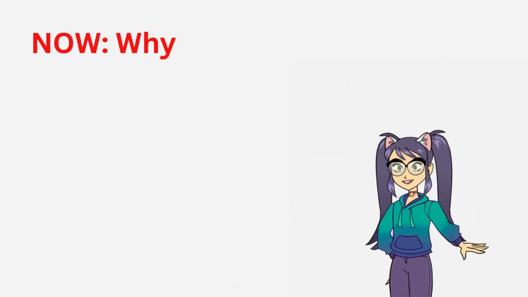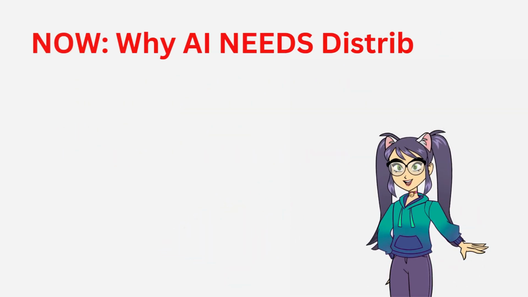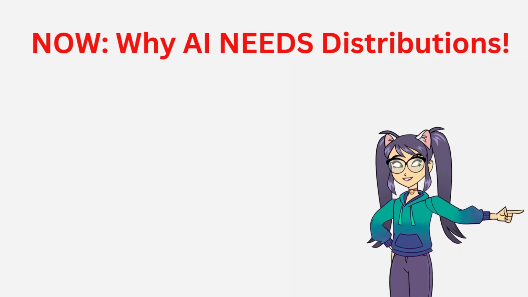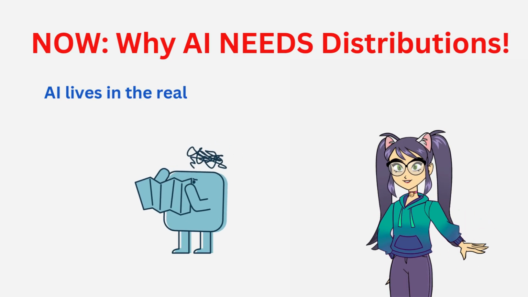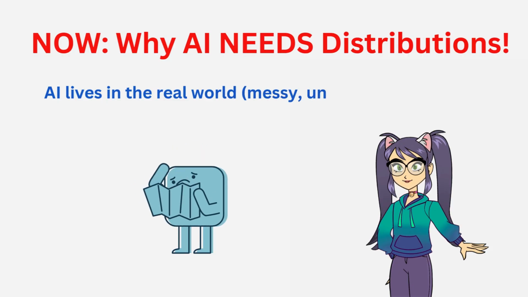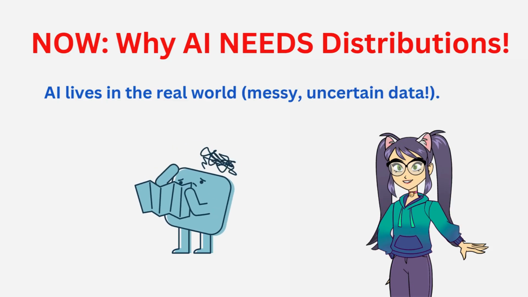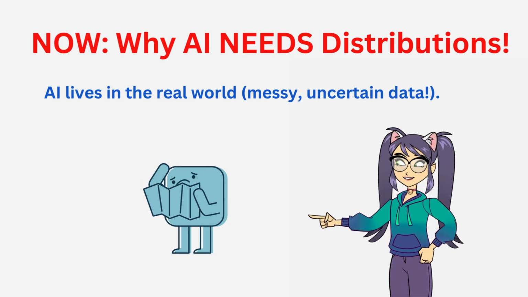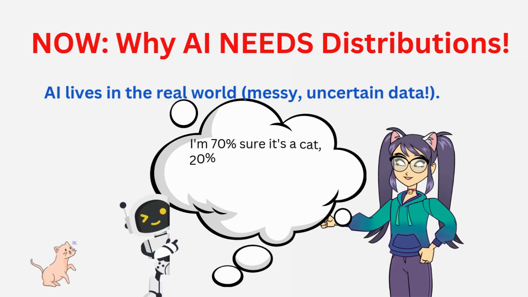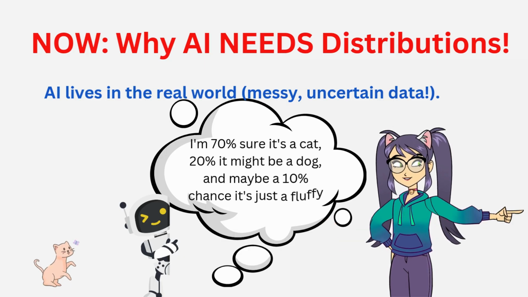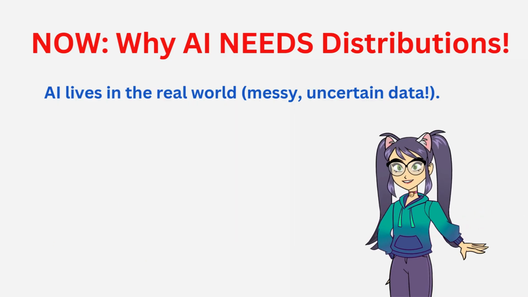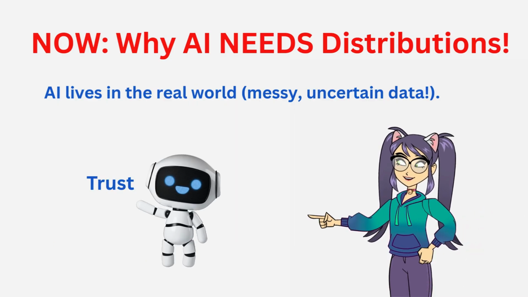Now let's connect this directly to AI. Why is it so important? First off, AI rarely gets perfect information. Data can be noisy, incomplete, messy. Probability distributions allow an AI model to express its uncertainty. Instead of just saying it's a cat, it can say, I'm 70% sure it's a cat, 20% it might be a dog, and maybe a 10% chance it's just a fluffy rug. This ability to say, I don't know for sure, but here are the chances, is huge for making AI systems